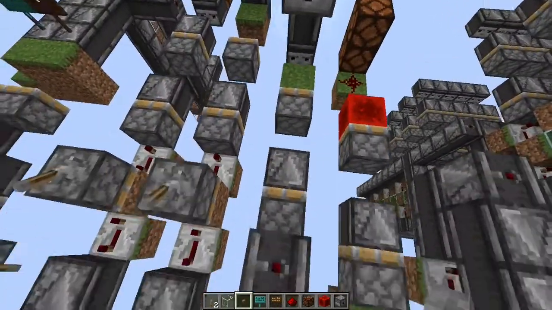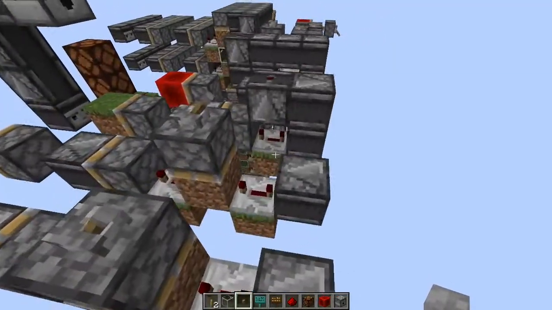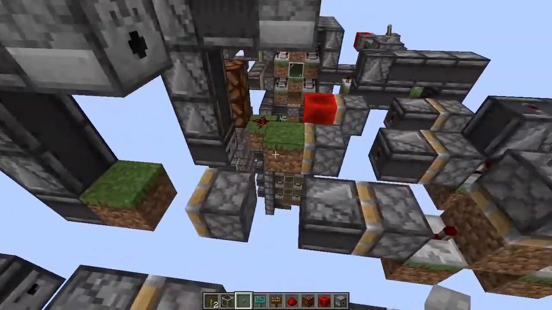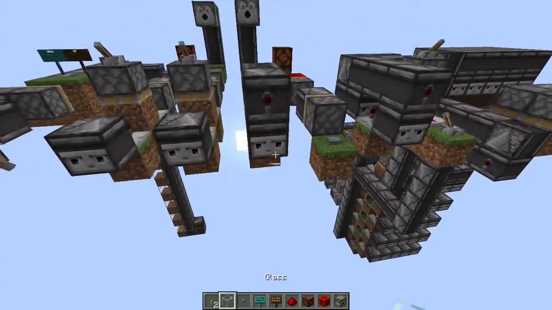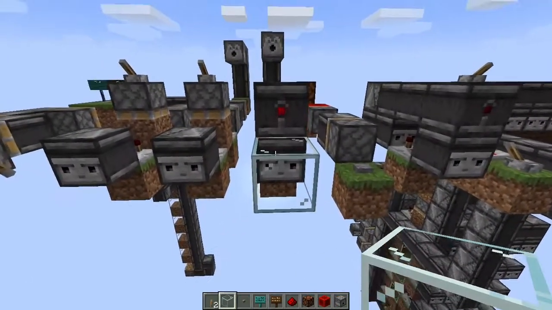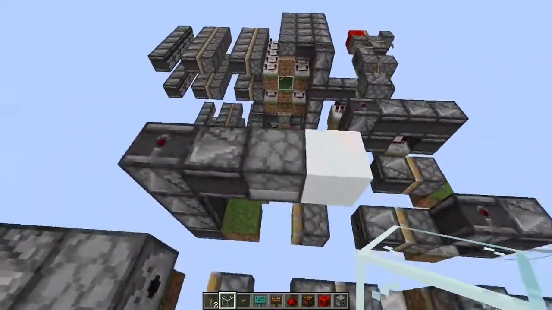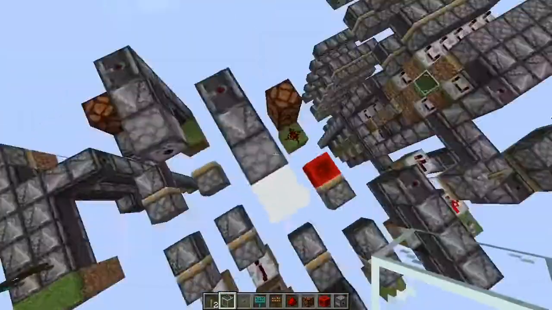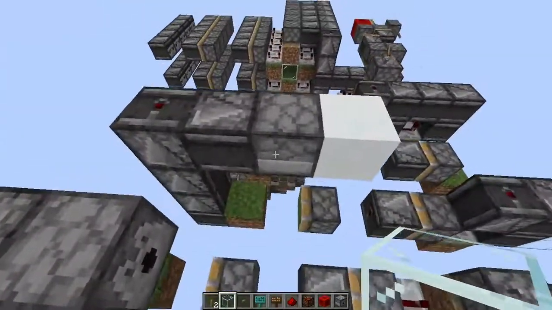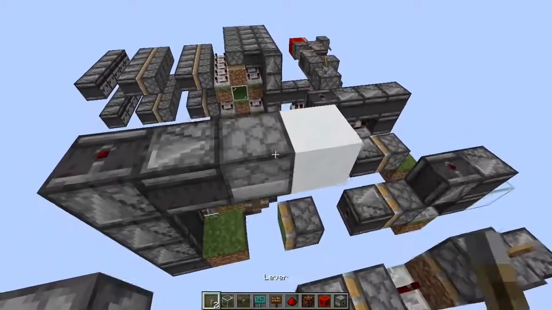So with this circuit, we can eliminate this problem and use a repeater in the middle of two observers. As you can see, we put a block here, we have two pulses here, but we have a single pulse that makes this powder snow dispenser dispense a block. And that's pretty important because